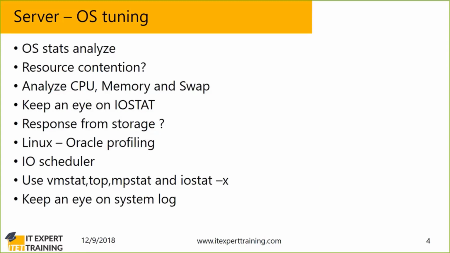there are new features introduced for all other applications because Red Hat is open source. They have introduced transparent huge page, which must be disabled for Oracle databases. So this profile will take care of those things, disabling the transparent huge page as well as setting the right IO scheduler for the Oracle databases.